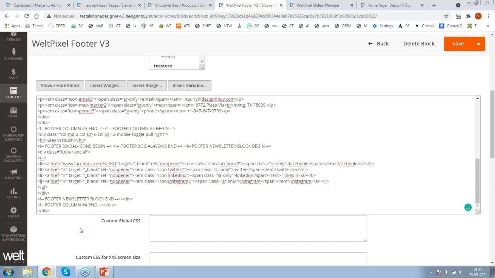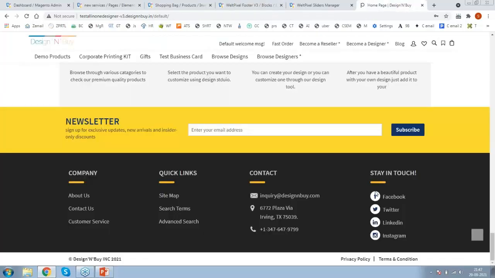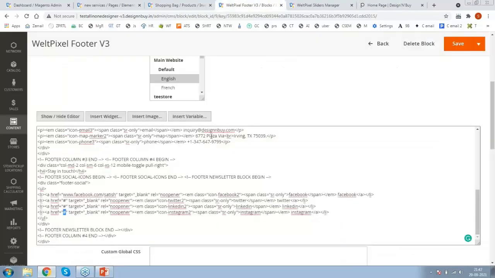Let's say this is my page. Accordingly you can put your account URLs here. The title is already there. Same way Instagram, LinkedIn or Twitter. So this is how Facebook, Twitter, LinkedIn and Instagram account links can be changed from here.